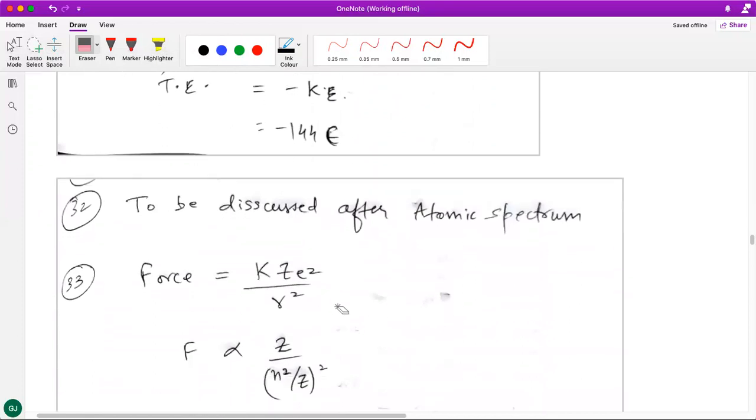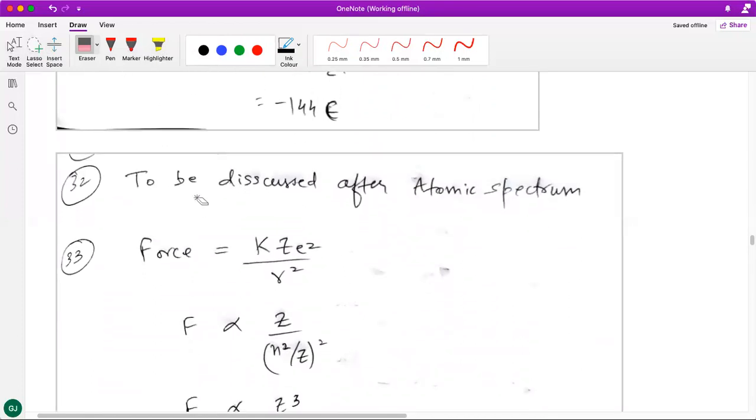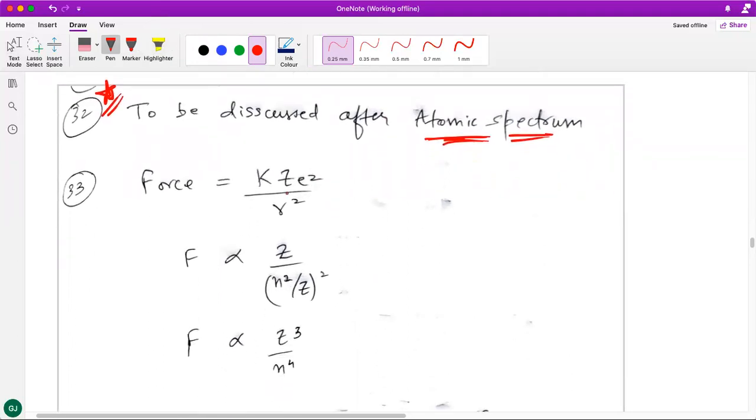All right. Now, 32nd question, I'm sure you would have gotten stuck at it. It's a good question. If you are able to get an answer to it, then also it's great. But I would want to discuss it a little later after doing atomic spectrum in a bit more detail. In fact, this was the last topic of our discussion in the last class. So let me take a recap of it, explain it more, and then come back to this question again. I'll discuss it in the class itself.